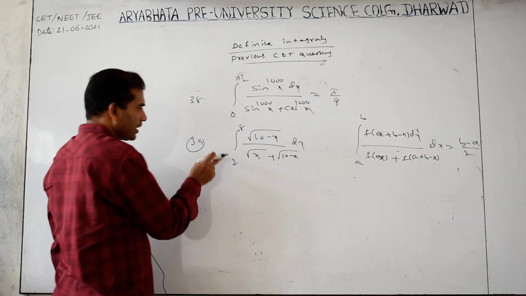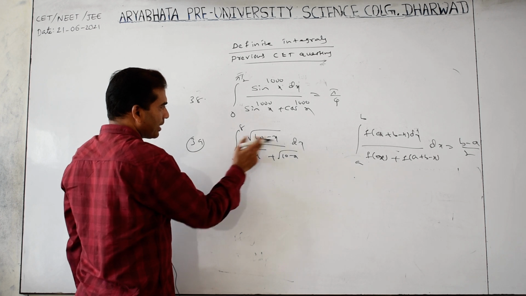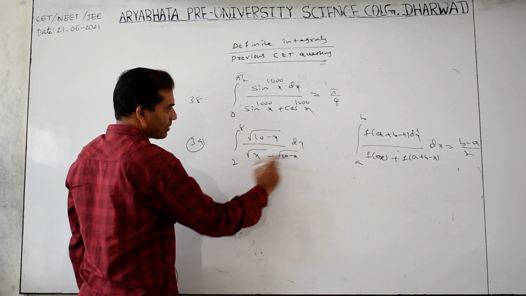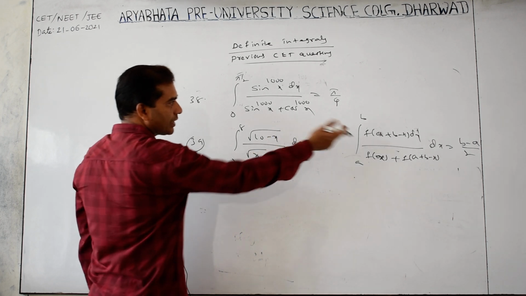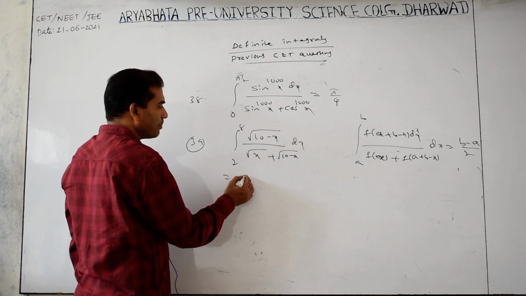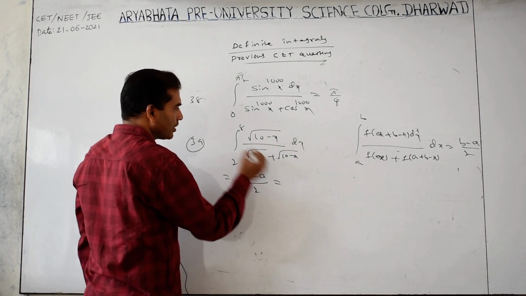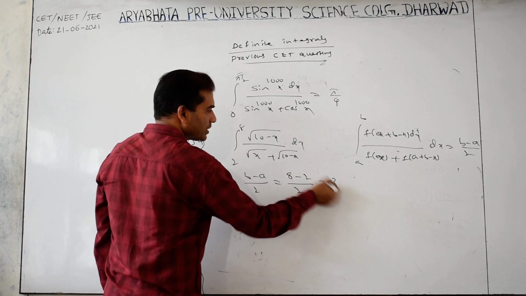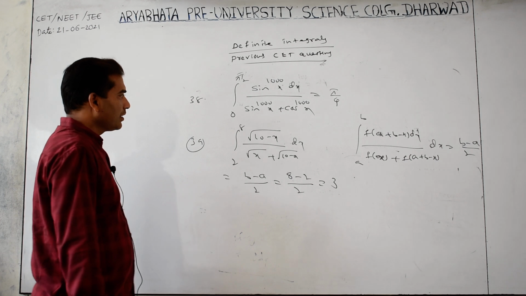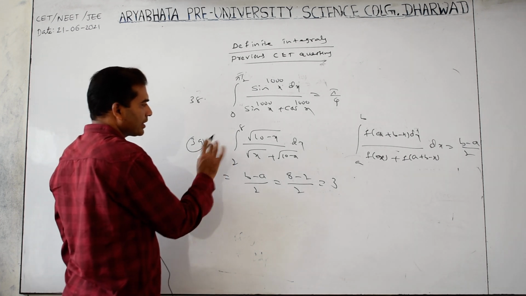Add 8 plus 2 is 10, minus x, so here we get 10 minus x. If you write 10 minus x here, you will get root x. So this contains that formula, which is equal to b minus a by 2. What is b? 8, and a is 2. 6 by 2 means 3. Okay, right? The theory method you already know.